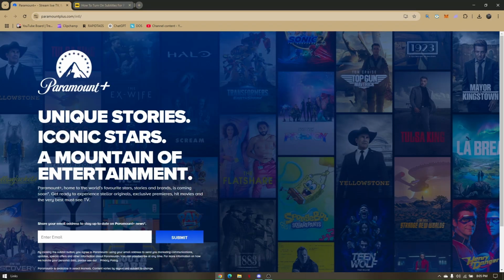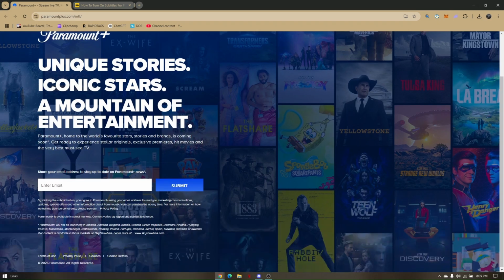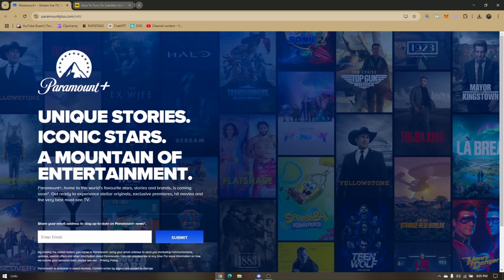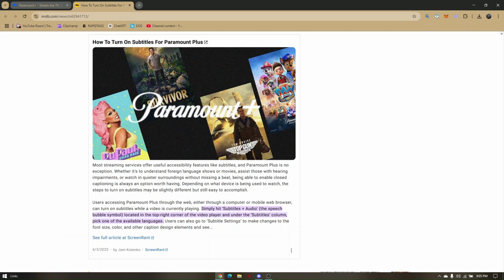Now, if you look around the settings from the Paramount Plus software or application itself, you won't be able to find that option. So again, to turn it off, while playing a video, all you have to do is to hit or